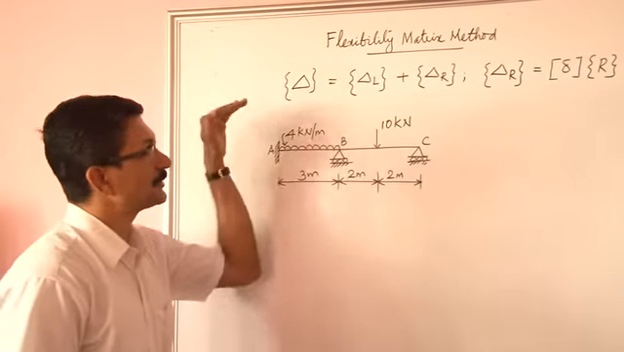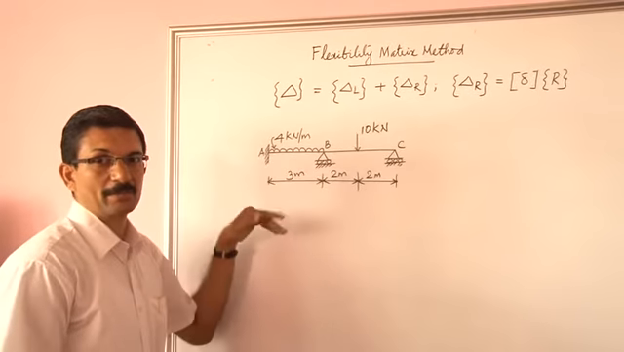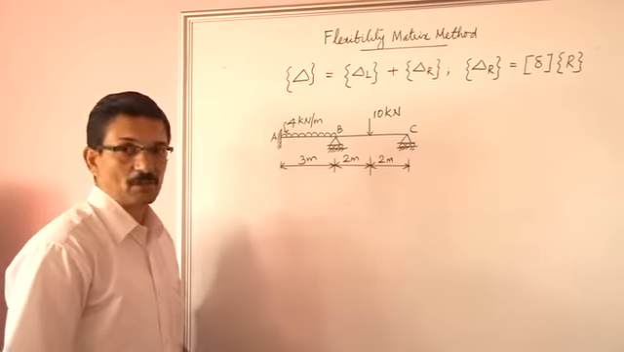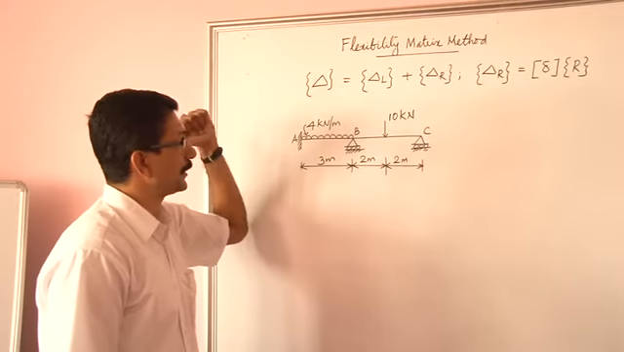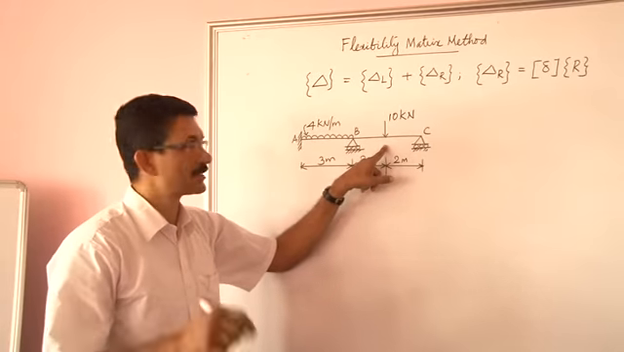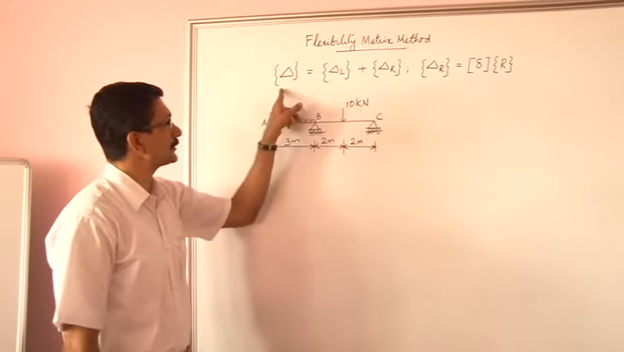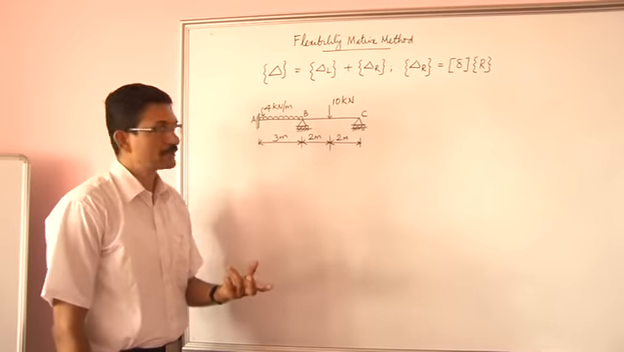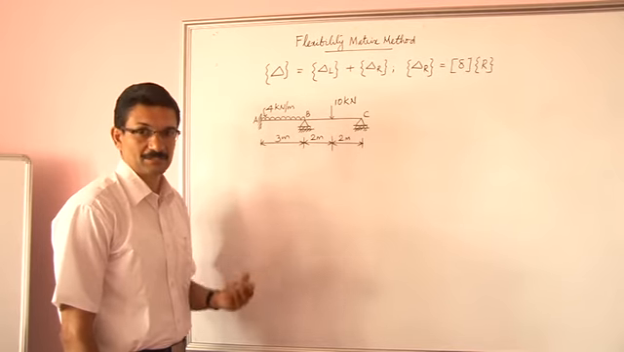Now, to illustrate this equation further, I am going to take an example of a continuous beam, a two-span continuous beam like this. Essentially, we know that this equation is a compatibility equation or a compatibility condition. Now, we are going to solve this problem, which is statically indeterminate, through the flexibility matrix method by solving this compatibility equation. To start with, we have to find out the degree of static indeterminacy of the structure, and we know that